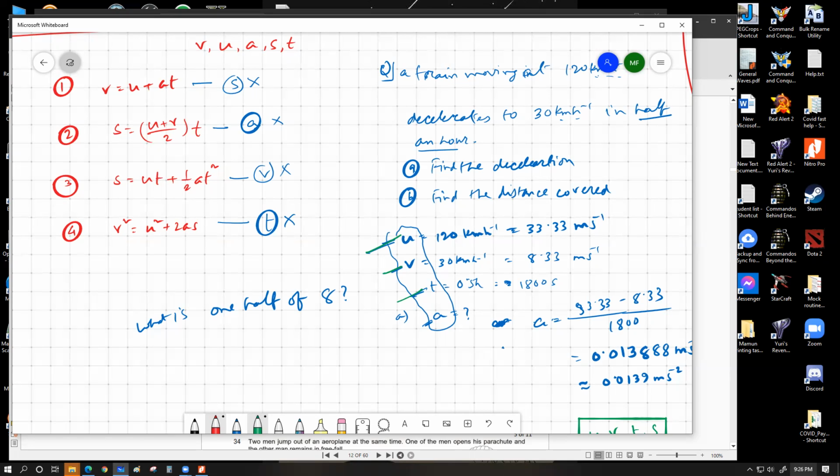Then write A, find the maximum speed reached in kilometer per hour. Write the symbol for kilometer per hour, km h inverse 1. Find the maximum speed in kilometer per hour. Full stop. B,